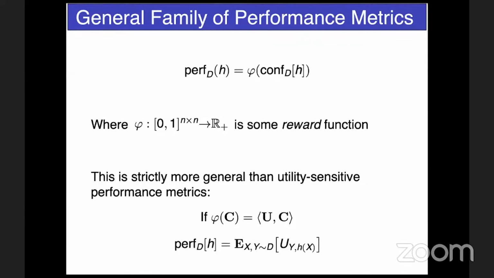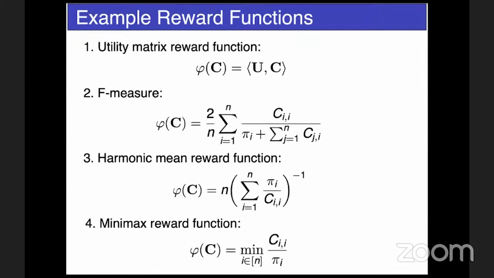So is this needed? Why do we need this? The first thing is that this is not new by any means. A lot of classic performance measures cannot be expressed as utility metrics. For example, the classic F measure, which is used for trading off precision and recall. Don't worry if you don't understand what these things mean. You just need to know that these measures of evaluating a classifier are pretty common. So that's the F measure. And you can see that this cannot be expressed as a linear function of the confusion matrix. The C's are the confusion matrices and these are the elements, so you can see that it's not possible to express this as a linear function.